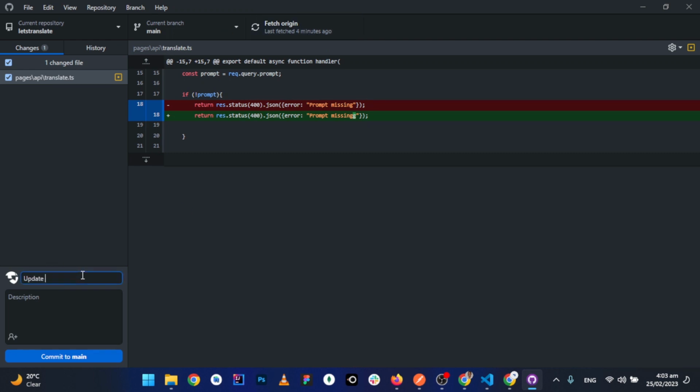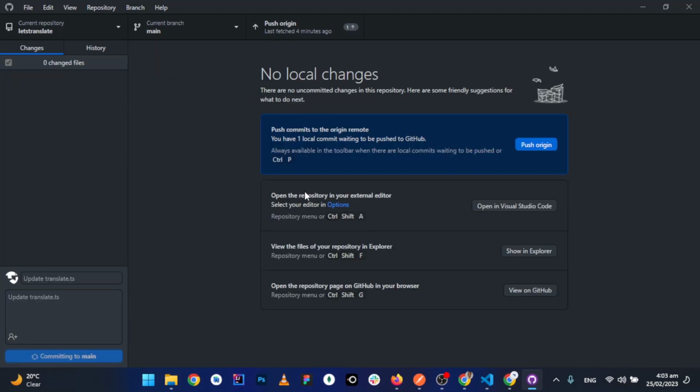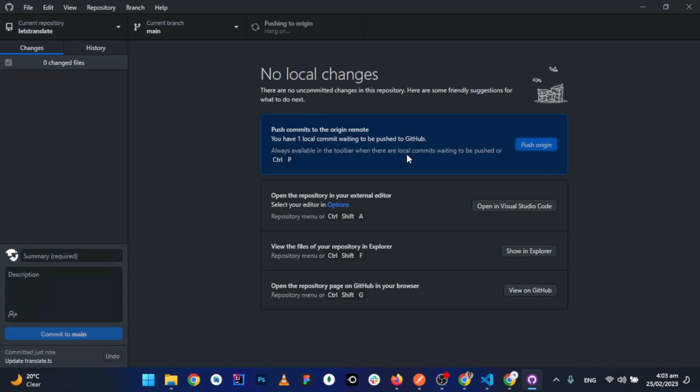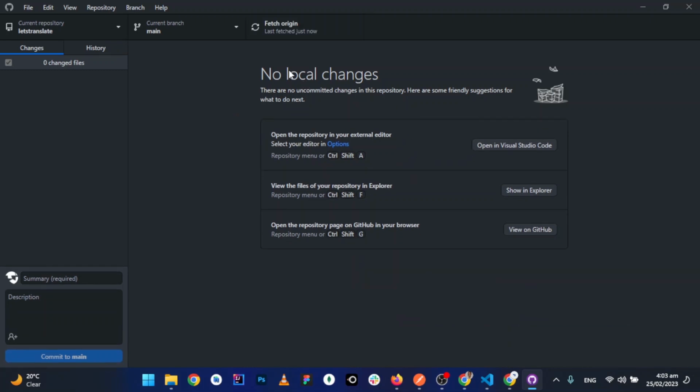Say update translate.ts, copy the same, and put it in the description. Let's commit that change and then push it. All right, once that's done,